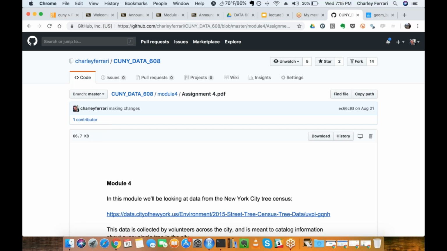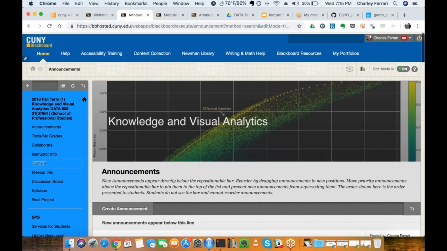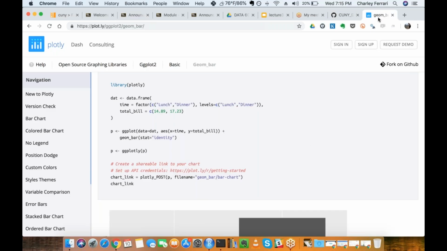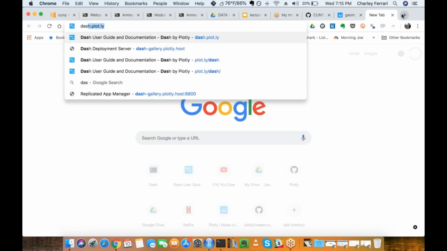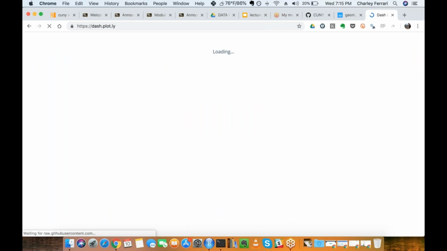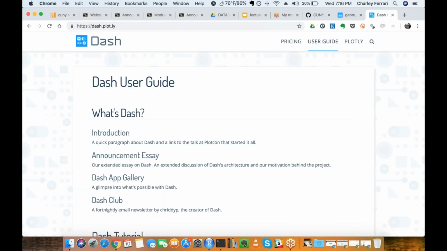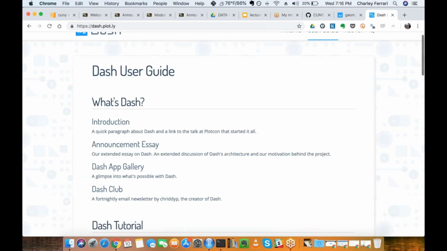As you read through, I'll post the link to Dash.plotly, which really is the best way to learn something like Dash.